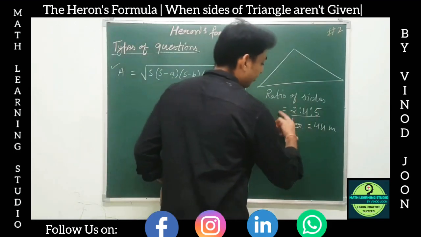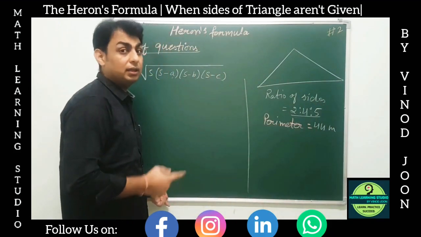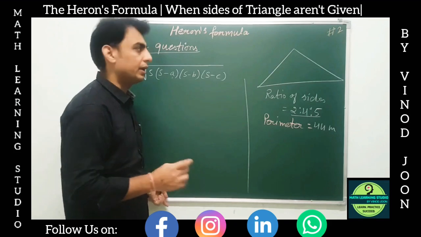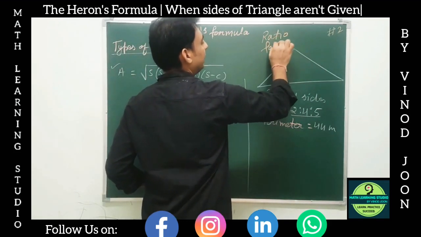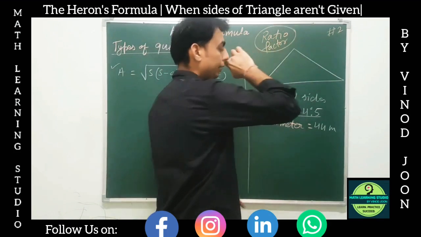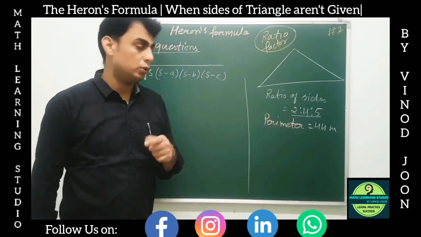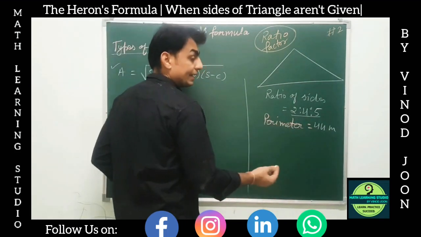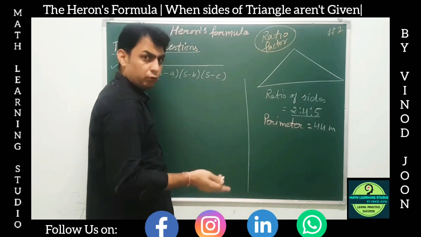Alright भाई, कैसे find करें? Sides find करनी है from the ratio. Well, there's always one thing that helps us in a ratio question and it is called the ratio factor. पहले भी पढ़ा है काफी बार, right? In linear equations, this is very much used whenever we get a ratio question. So let the ratio factor be x. Ratio factor x है मतलब ये sides x की form में आ जाएंगी.